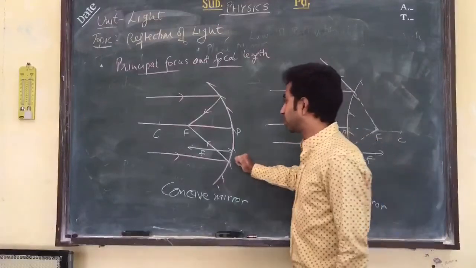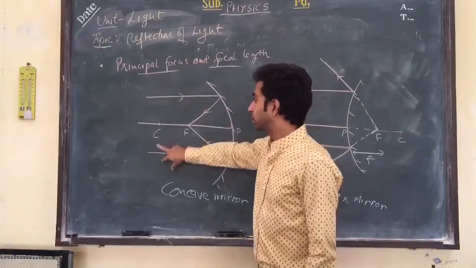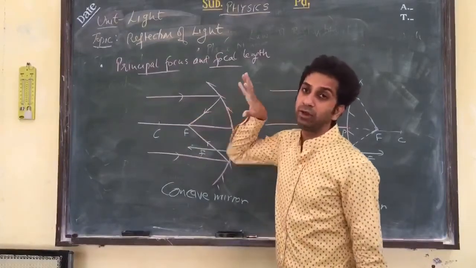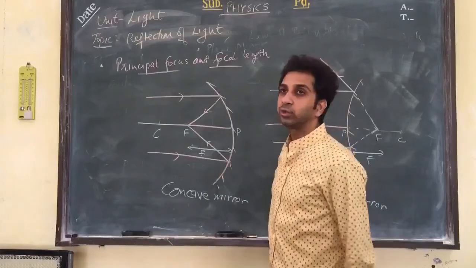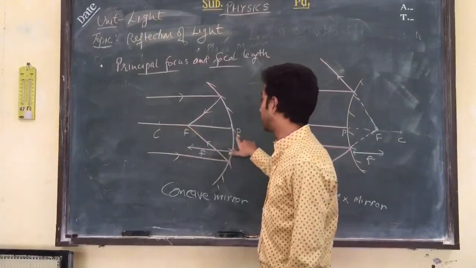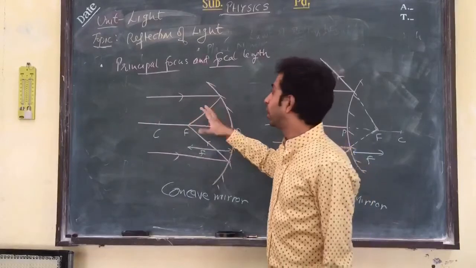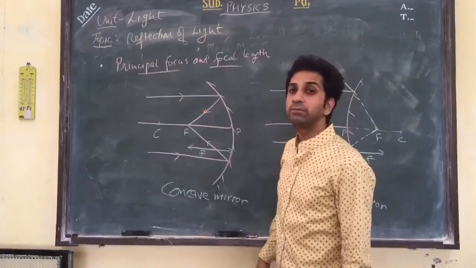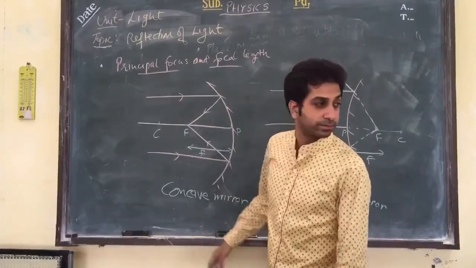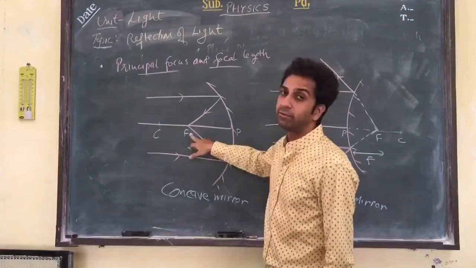So in the converging concave mirror, I have just drawn a ray diagram. Two parallel rays, as if the source is at infinity, that is very far away. In that case we can assume the rays of light to be parallel to the principal axis. This is the principal axis joining P to C, and these two rays are considered for drawing the diagram. These two rays are assumed to come from a sun source placed at a very far distance or infinity, right? So let the rays meet, converge at a single point, say focus F.